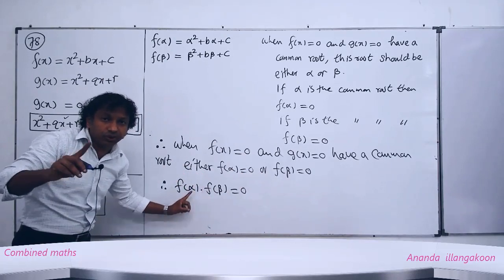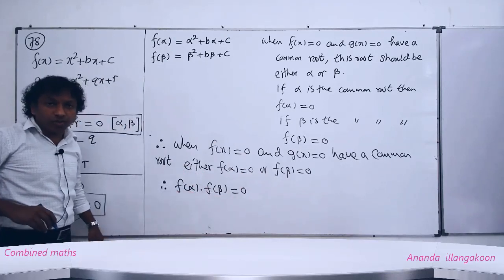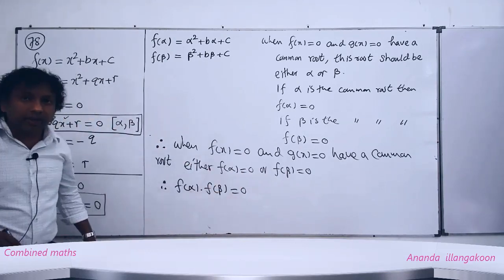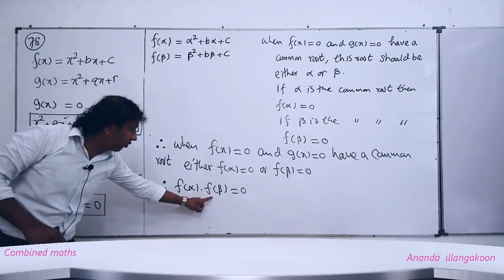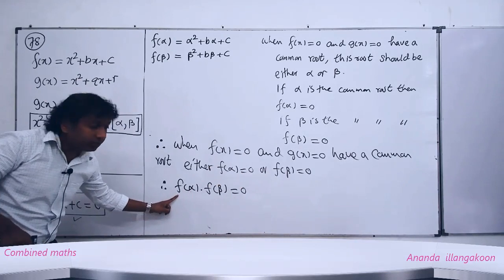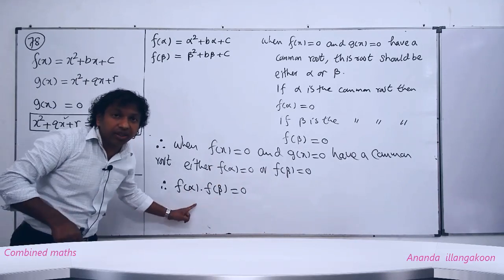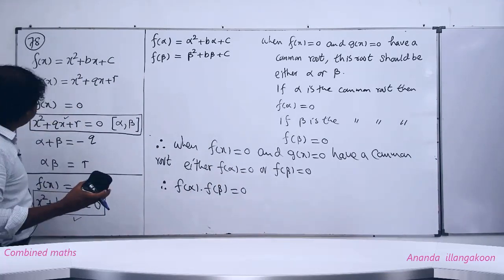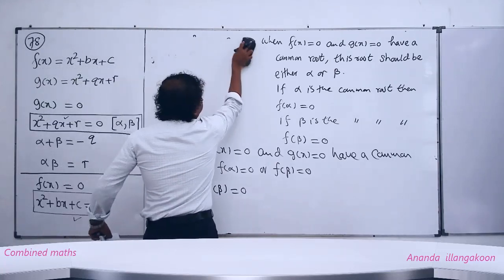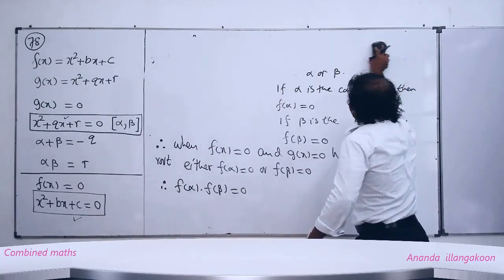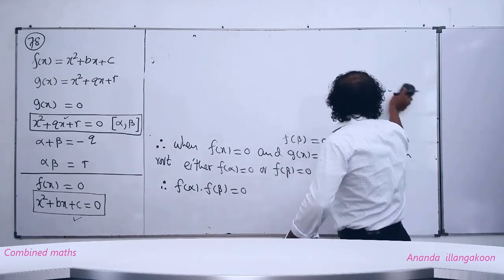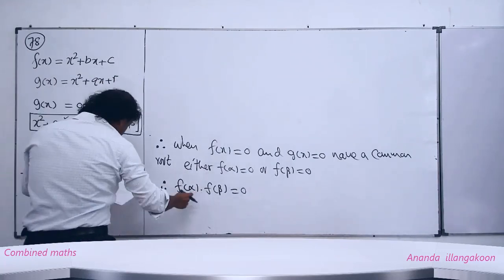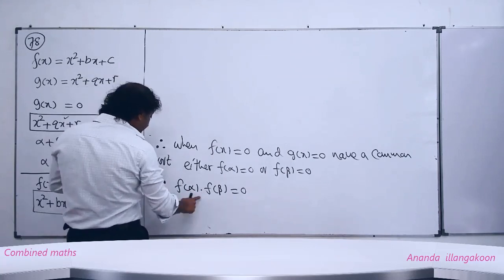If one of these two is 0, it means, people, this product is equal to 0. If f(alpha) f(beta) is 0, if this is not 0, this is 0, then this into 0 is product 0. Like that. But f(alpha) f(beta) = 0 means, people, we obtained one answer for this f(alpha) f(beta) earlier. Put that here. Then we get what? Right. So then f(alpha) f(beta) = 0, we can write